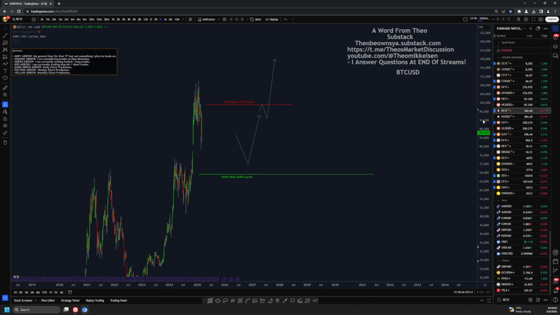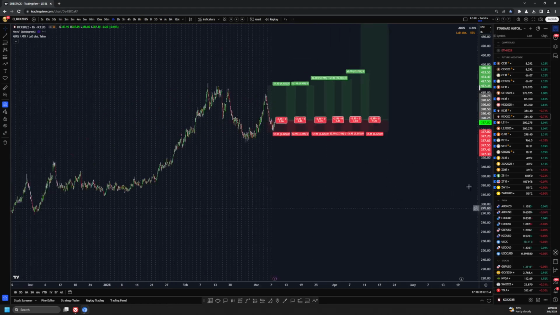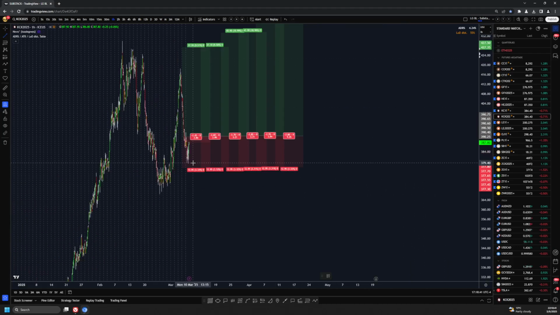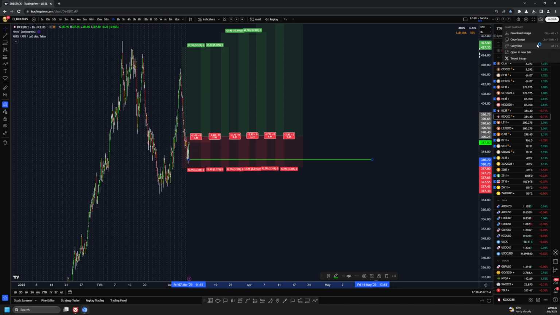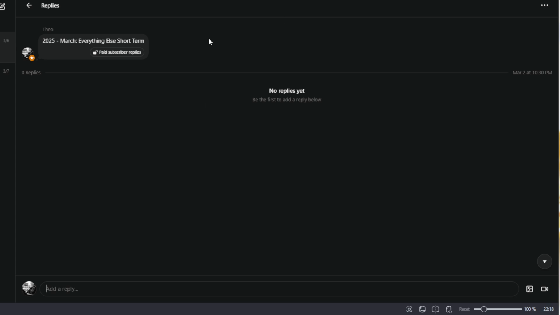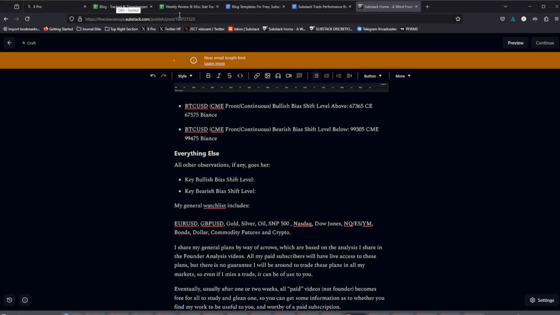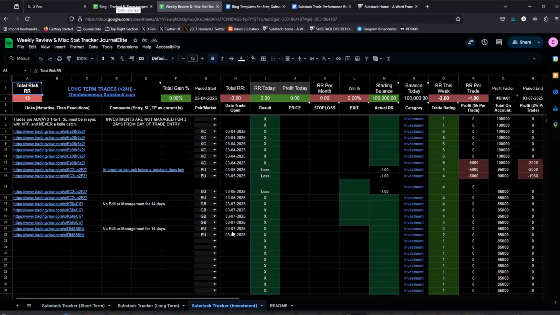It was pretty simple from what I looked at. I believe this one is going higher. I have longs. I'm gonna move my stop loss to this low right there. So I'll just quickly update our everything else long-term position here, which is right here, long-term position. Stops are moved. Then we can go to our weekly position here. We have long-term coffee investments, and we just say stops moved, SL moved.